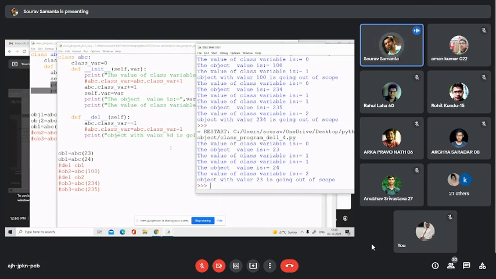The del method is just the opposite of the init method. Using the del method, we can release the resource that we have acquired by that particular class, and the resource can be used for further use. That is the main purpose of del.